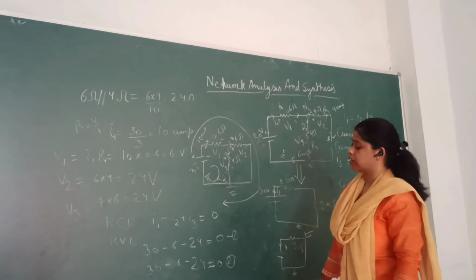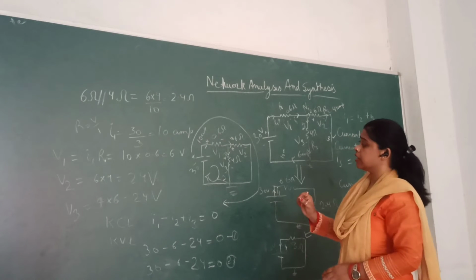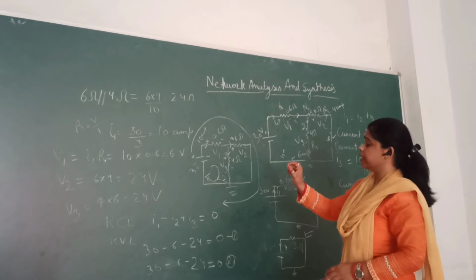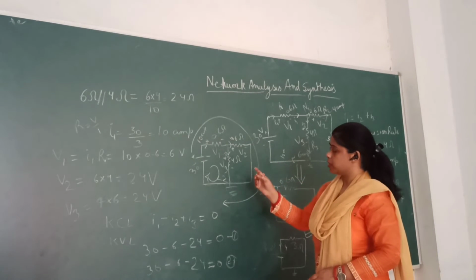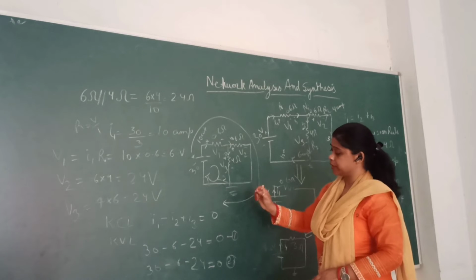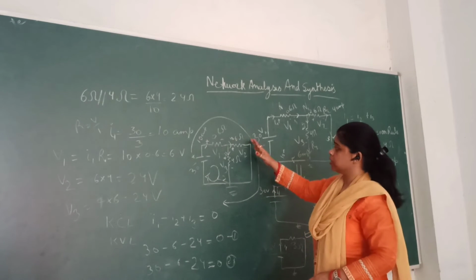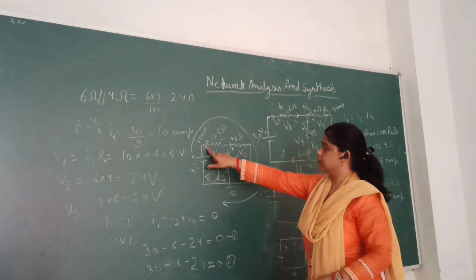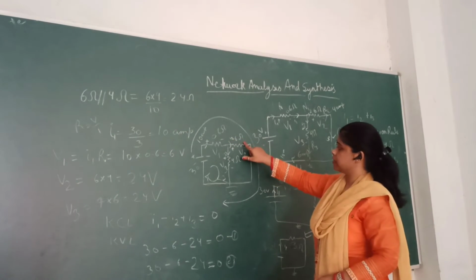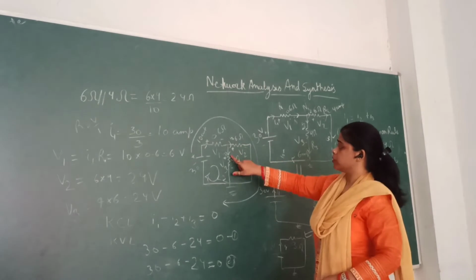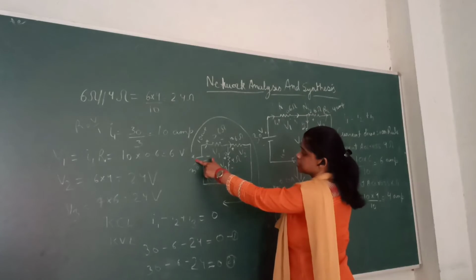Again, we are applying the KVL. When we are applying the KVL, we draw here the positive and negative charges of the voltage polarity. Current is flowing in this direction, so the positive is this side and negative is this side. Again, the positive is there, negative is this at this resistor. Positive here, negative here on this side. We are going with this side of